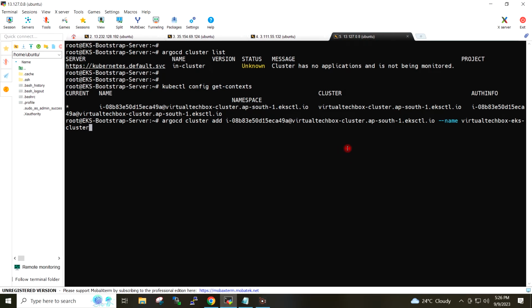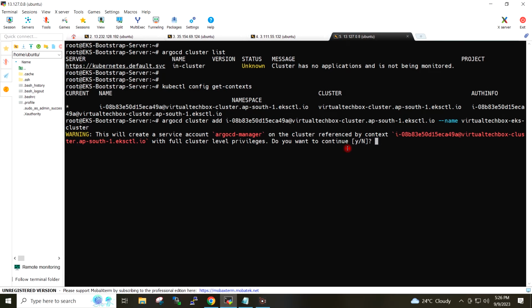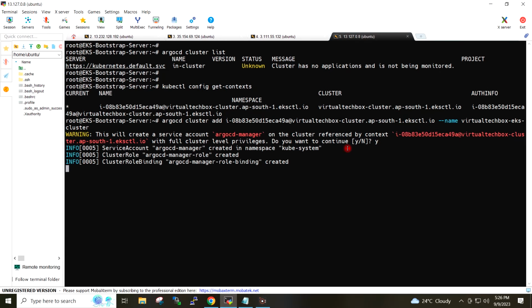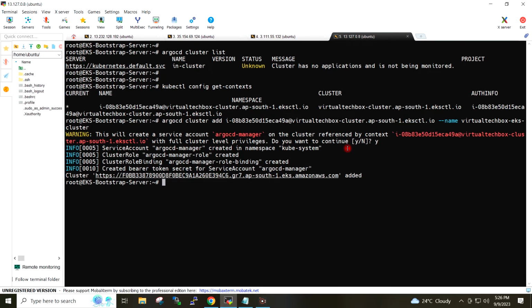I will hit enter here. Yes, it actually creates the role binding.